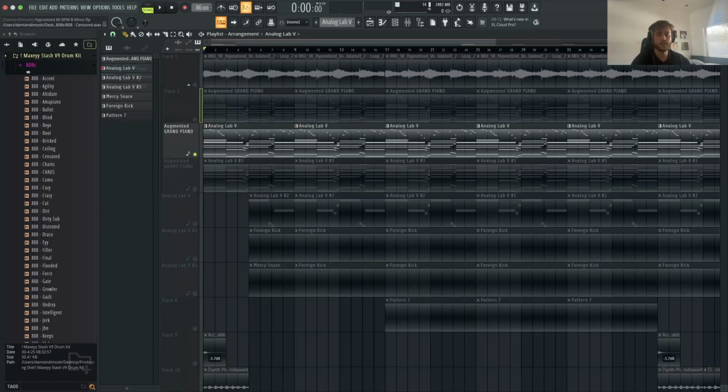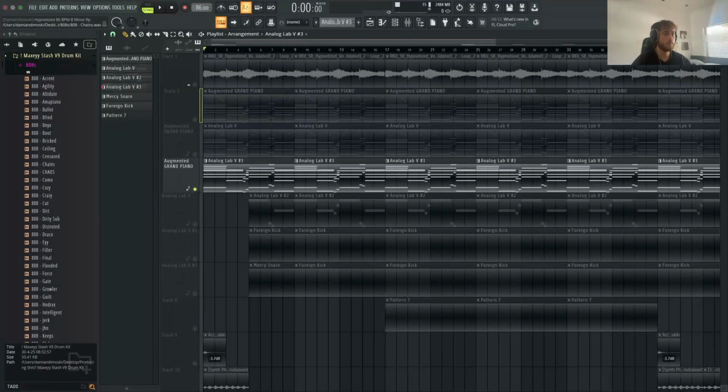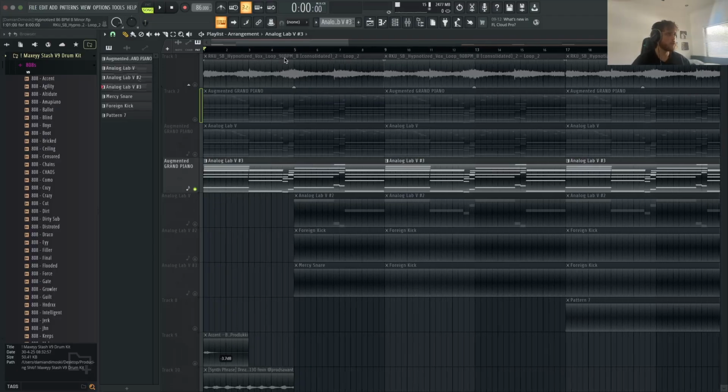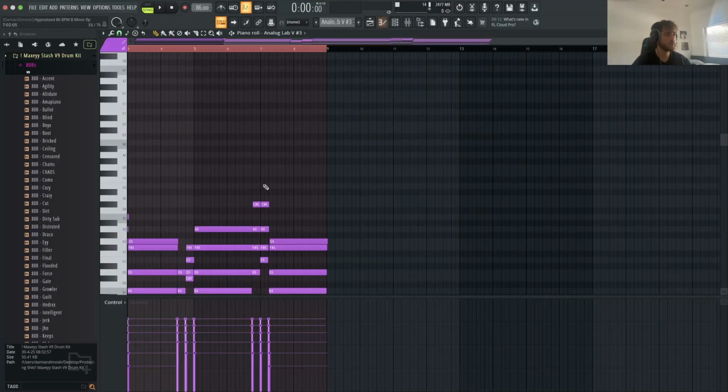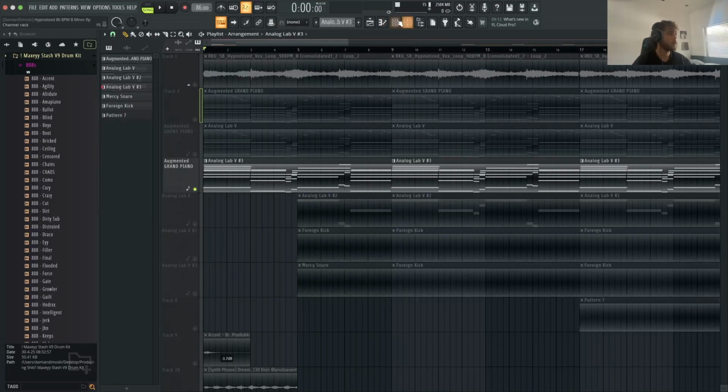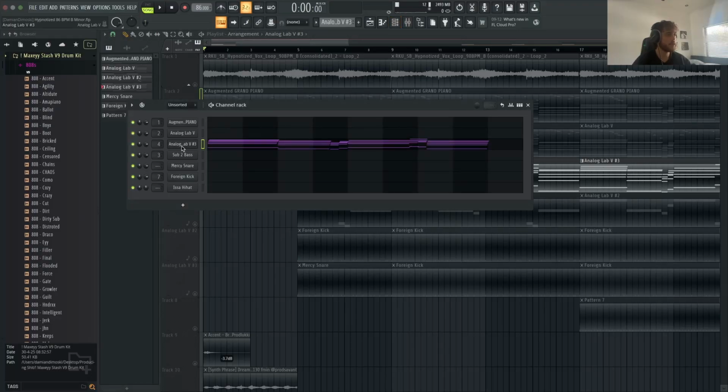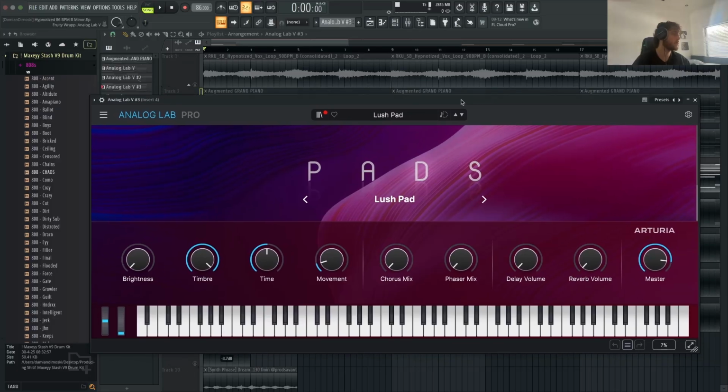So that's it for the second sound. Now for the third sound, from memory, all I added was just a pad. It was just a pad from Analog Lab. I think it was the Lush pad, and that is again in the 90s Essentials